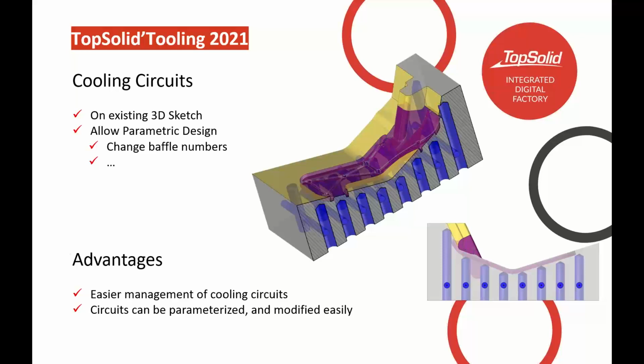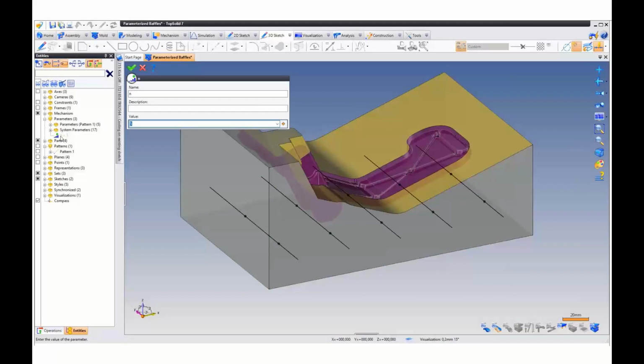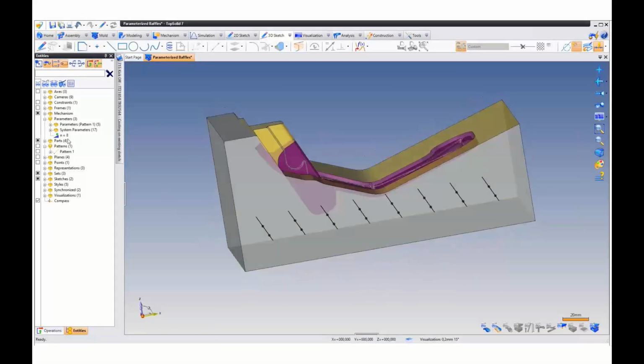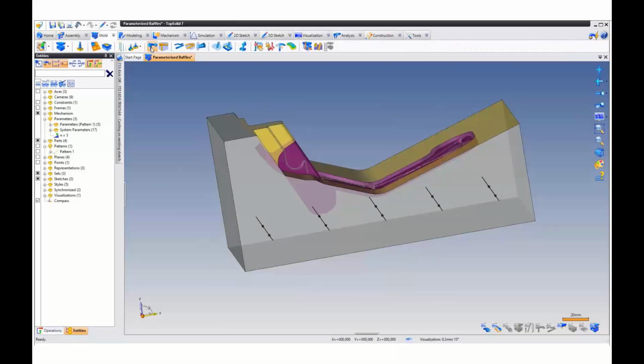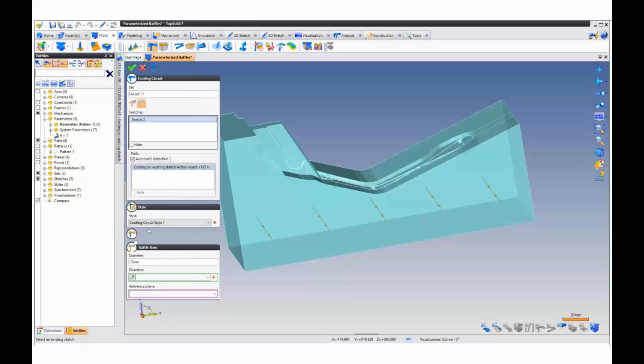Let's just go to the video. I think the video is where it's all at. So here we have a repetition of sketch elements. Okay, so you can see some lines with some points on them. I'm going to reduce it back to 5. I'm going to go to my waterline command. I'm going to select my existing sketch. Okay, automatically detect